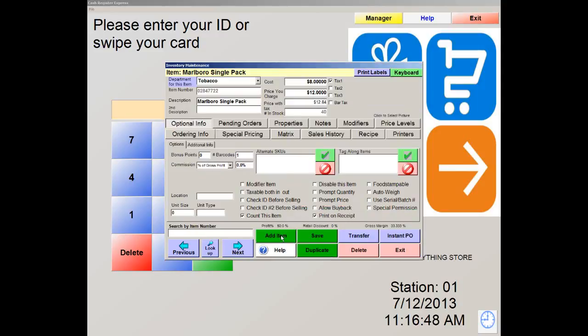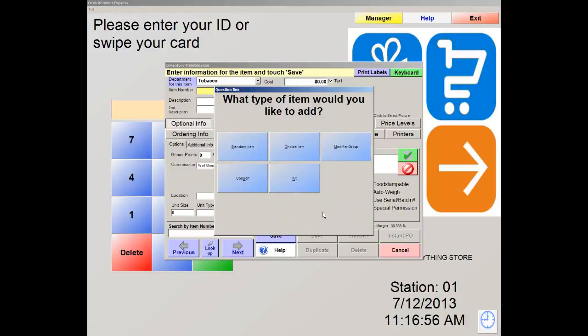Now let's add an item into the system, into the department that we just created called Drinks. We're now going to hit Add Item. When you hit Add Item, you have 5 types of items that you can create into the system. You have your standard item, which is your regular standard inventory, coupon, which allows you to create a coupon in the system for a dollar amount or percentage, choice item, which allows you to create a button and then have